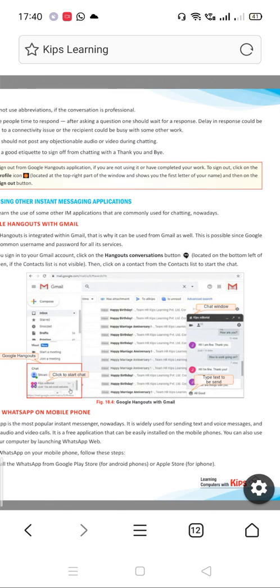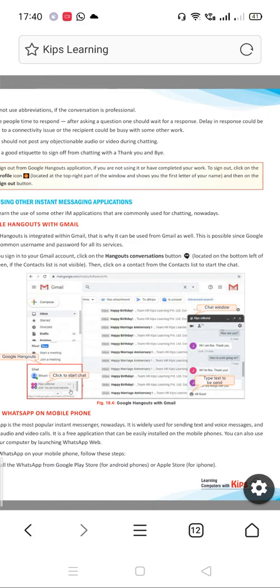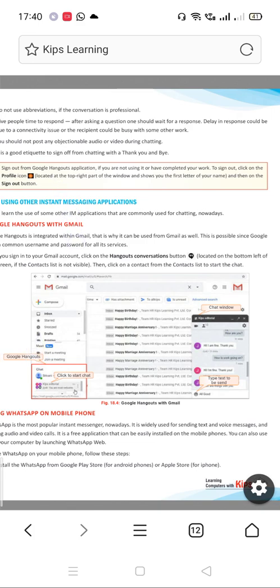How to open it? Go to Play Store, install Hangouts and sign in through the mail ID and password, and you can start a conversation. You also know how to use WhatsApp. Almost every app you can install on Android phones or iOS phones, that is iPhones. For that you require an account in the Play Store. Then you have to log into the account through the mobile number and password. And WhatsApp you can open on mobiles, meaning it is application based as well as web based.